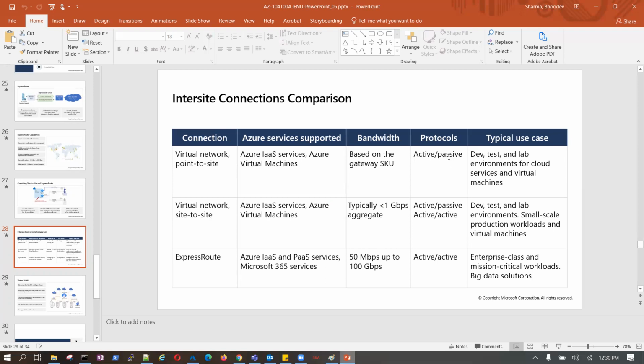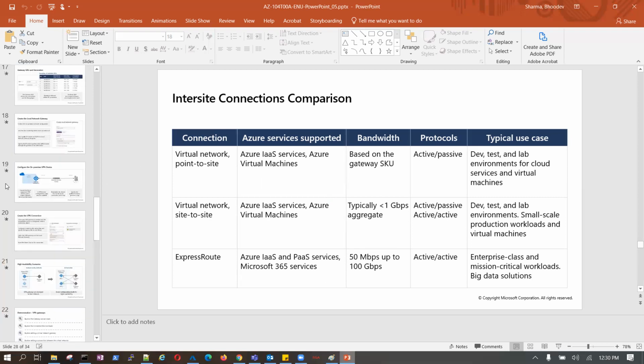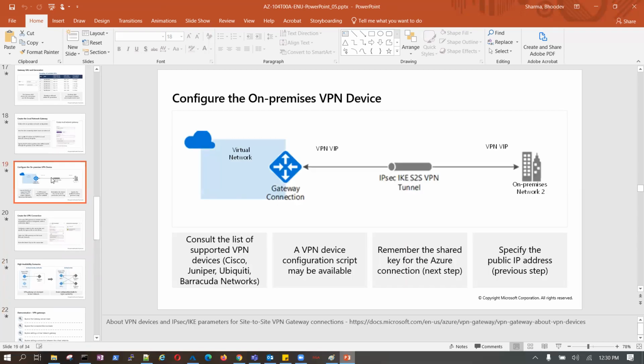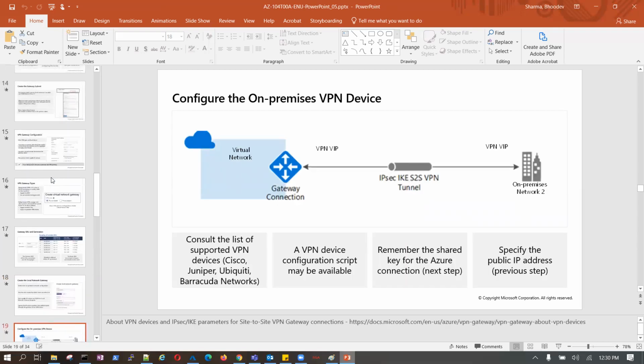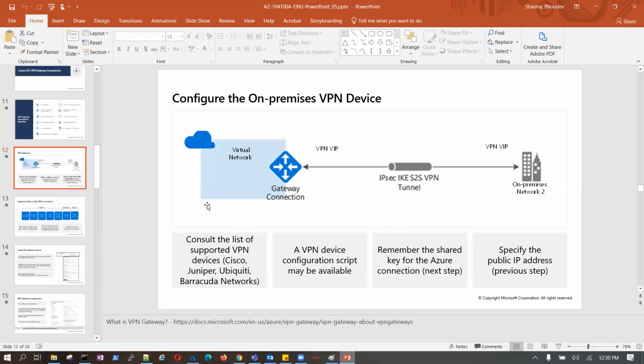Protocols: in point to site and site to site, you can have active passive and active active. In express route, you can have active active. How in active active? If you look at this, this is the VPN device, and express route is this.